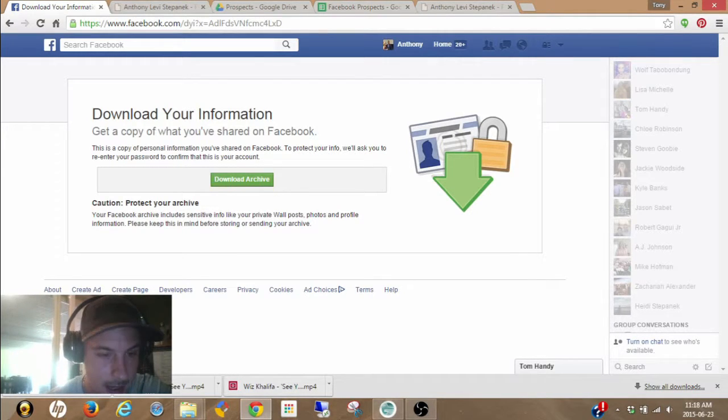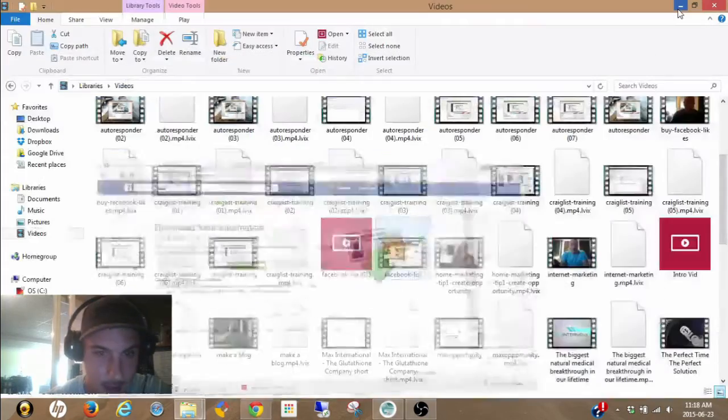And if you do not have an extractor installed on your computer, then what you want to do is Google WinRAR free trial. You can get a free trial for 30 days and extract as many files as you want in that time. Now that we've done this, I'm going to take you to where I've saved it on my desktop,